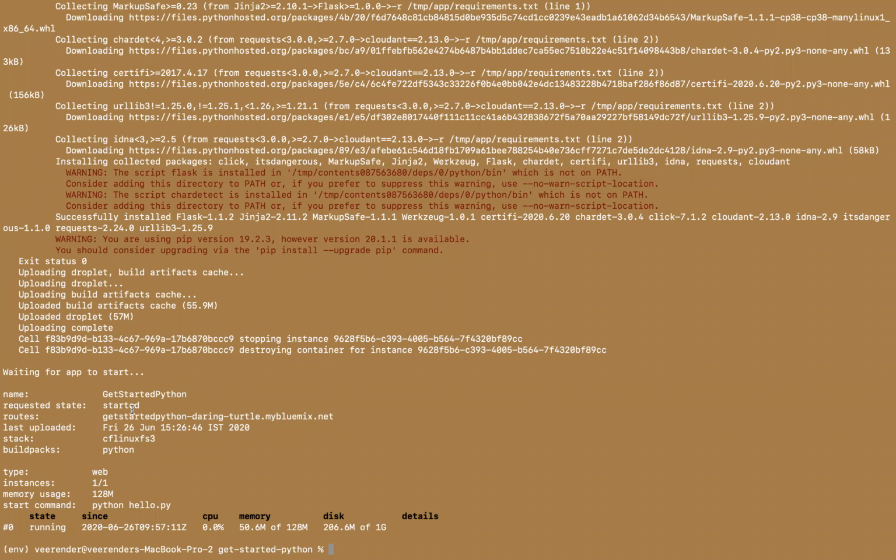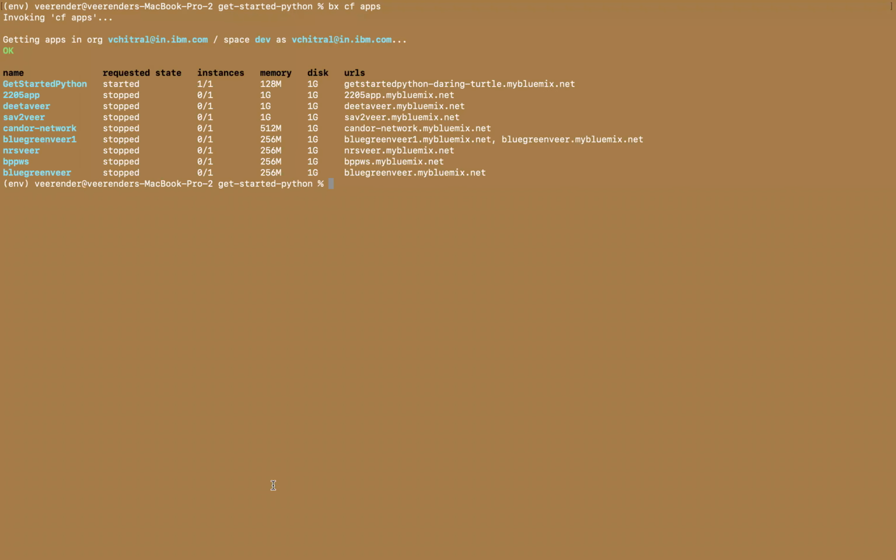Now let's quickly go back to our earlier command, bx cf apps, which we did, right? When you run cf apps now, you should see that your get-started Python app is deployed on IBM Cloud and started, and this is the URL for it.